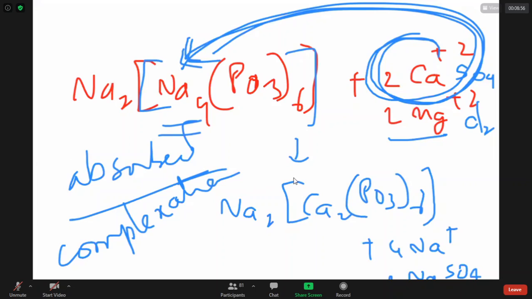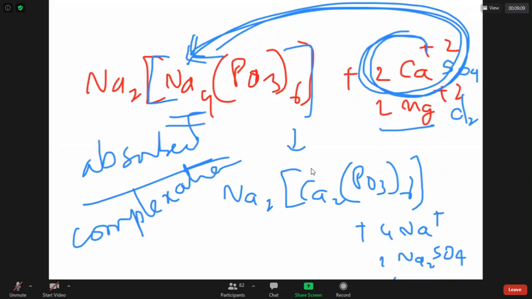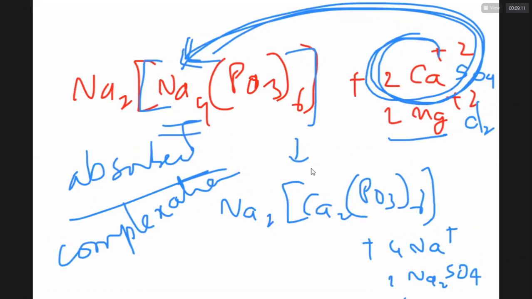So the calcium, magnesium ions or even iron ions are trapped into Calgon, because of which their ability to cause hardness is removed. The water may have sodium chloride, sodium sulfate, it is okay. Sodium ions cannot cause hardness. Are we clear?